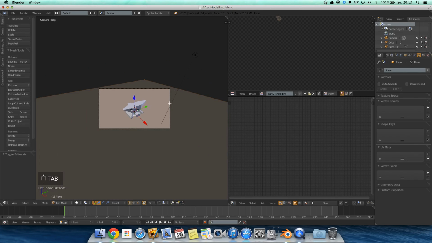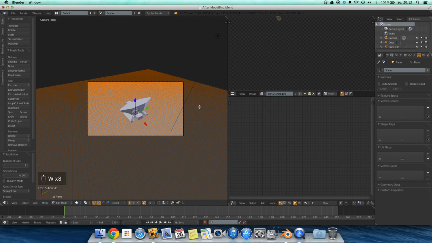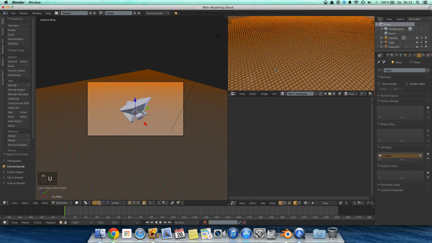Scaling it up a bit, selecting everything, W, subdivide, subdivide, subdivide, subdivide 8 times or so, hit U, project from view,